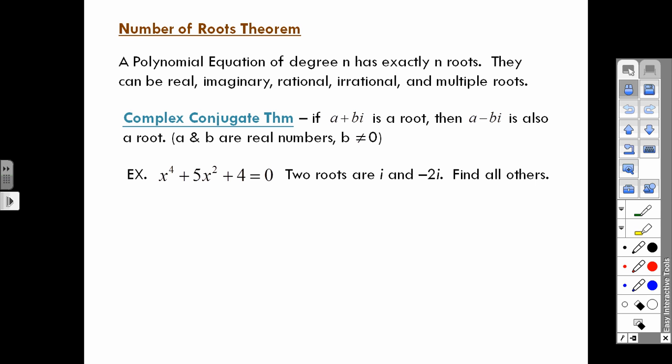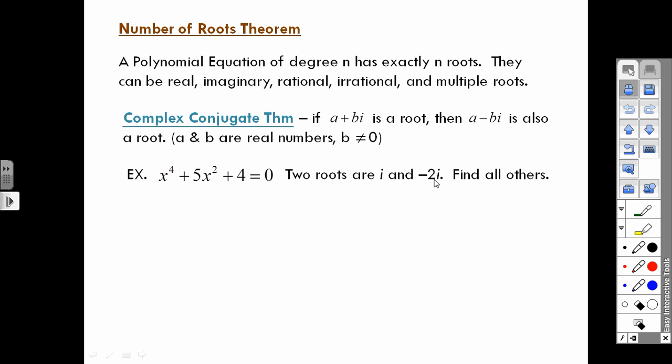First of all, we know exactly how many roots we need to find because of the number of roots theorem. It says whatever the degree is, that's how many roots we're going to have. We've already been given 2, so we need to find the other 2. The complex conjugate theorem says that if I take i as a root, then negative i has to